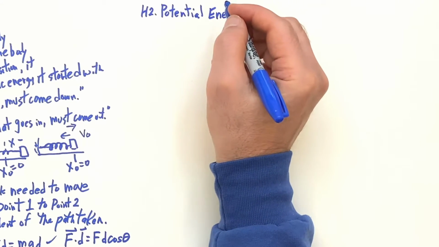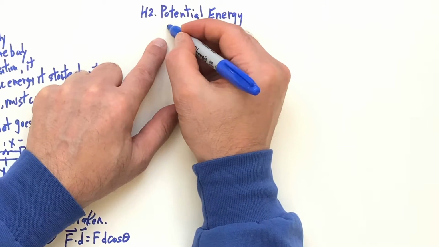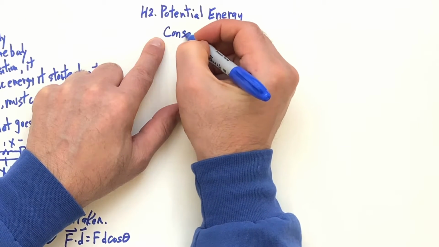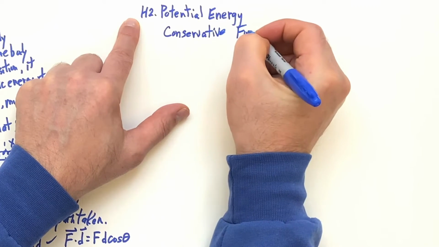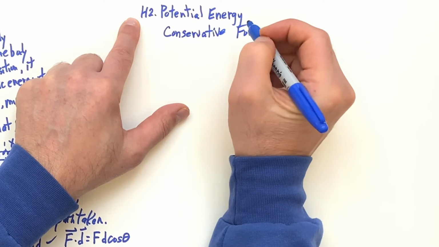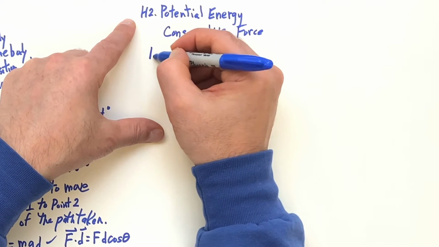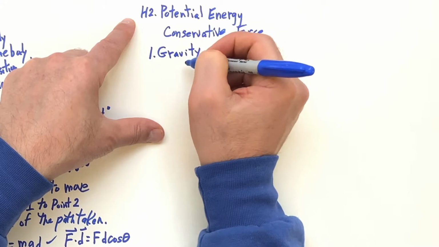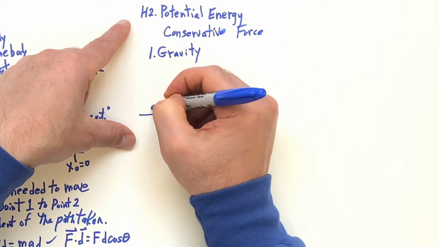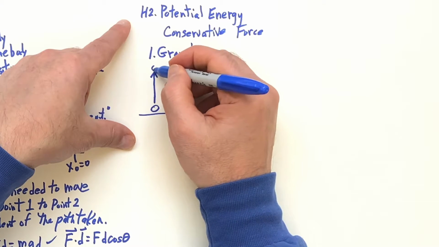And we're going to consider gravity first. So this applies when you have conservative forces. For a conservative force, since you can get back the same kinetic energy, what we say is, and we'll give gravity as the first example, then we'll do the spring, that if you were to take this mass and bring it up to, say, a height h,